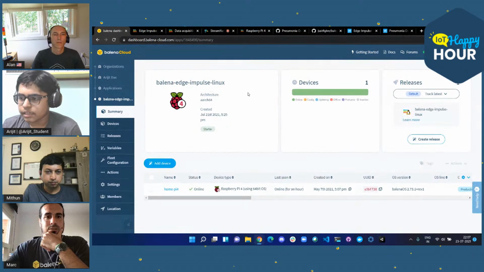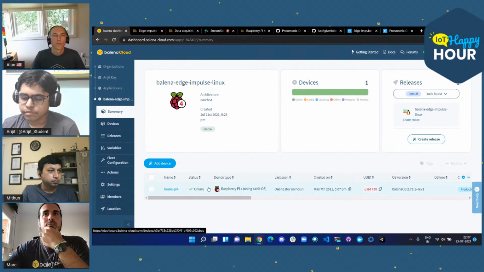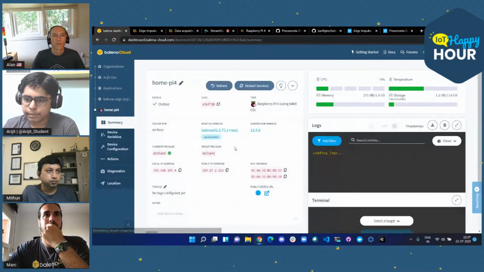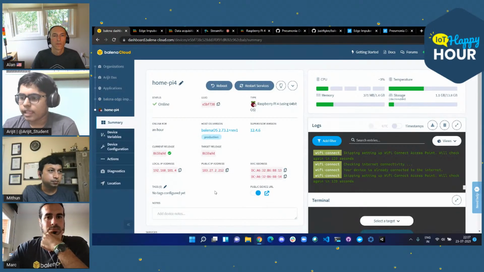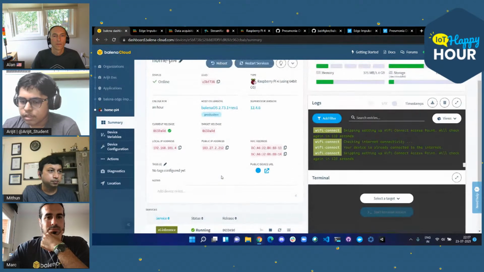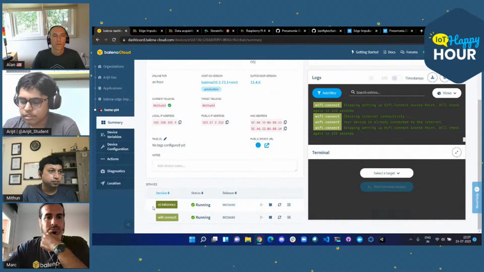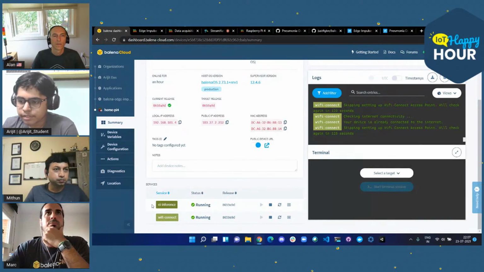I've created this application, and for the example, I've used a Raspberry Pi 4 based device. It has downloaded both of the containers, the Edge Impulse interface, and the Wi-Fi connect that was added by Mithun.